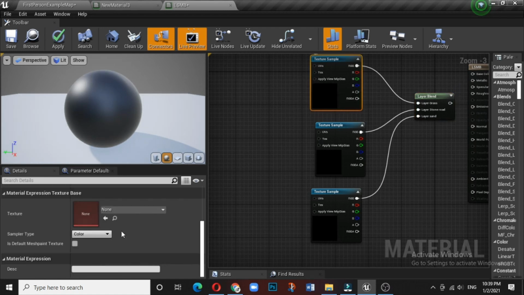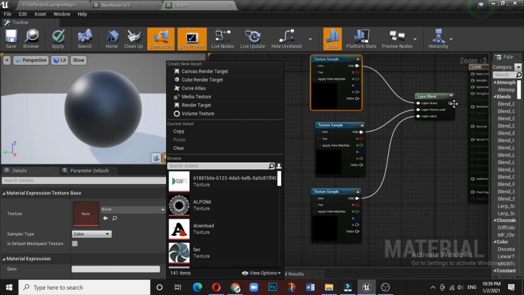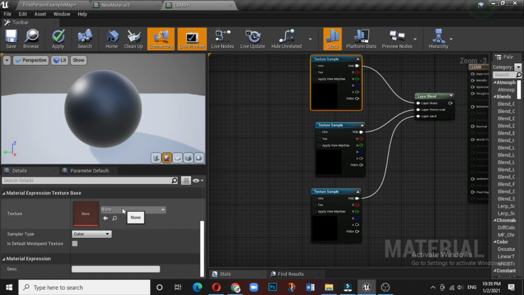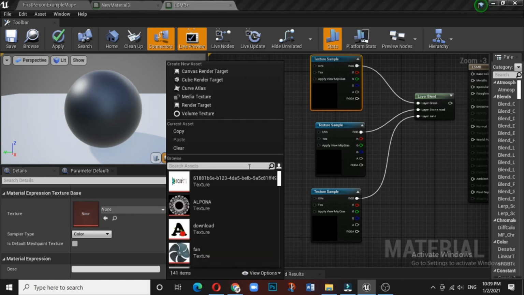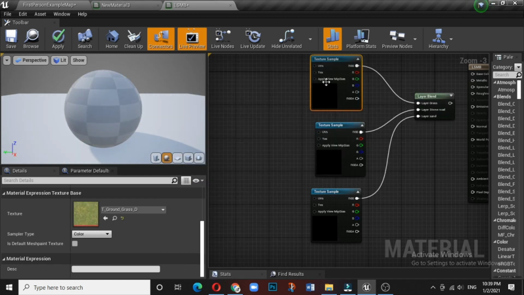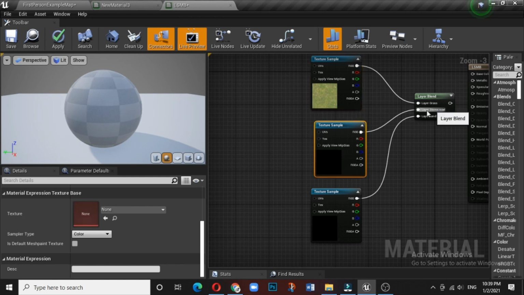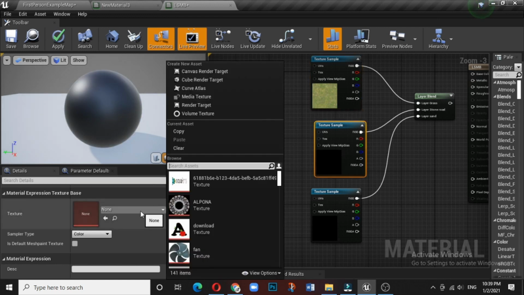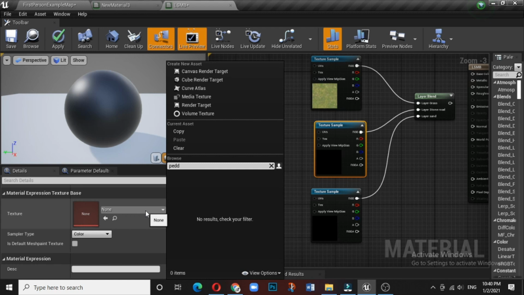Now click there. So this is basically grass. So look for some grass sample which is already available. Diffuse map, select this. Here, what is this? It is the stone. So let us have pebble stone.